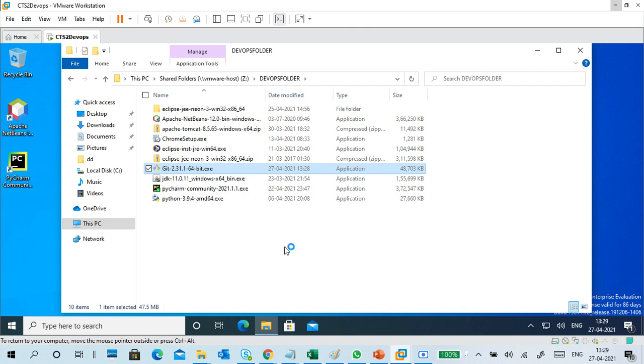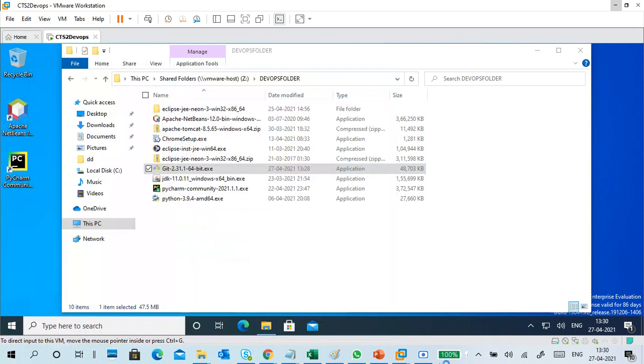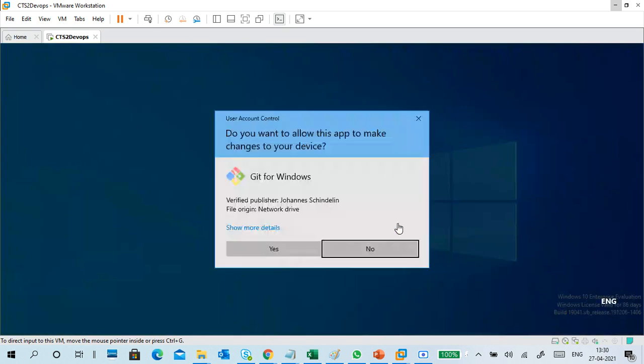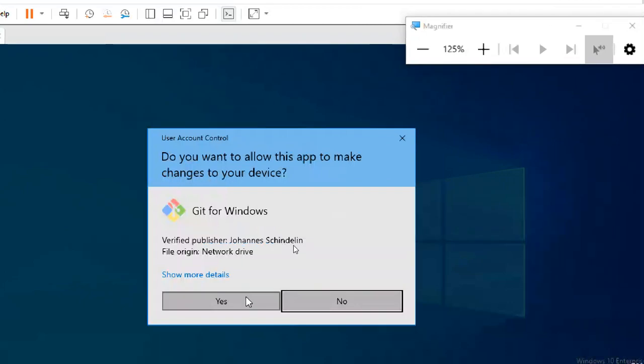So we need a magnifier. This part comes under continuous development. So click on yes.